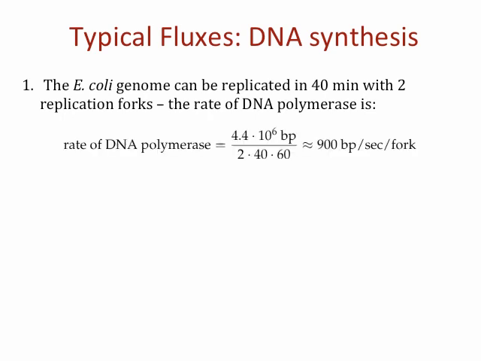And since we know the time, the number of replication forks, and the number of base pairs being made in those 40 minutes, we can calculate the speed of each replication fork, and it is on the order of 900 base pairs being made